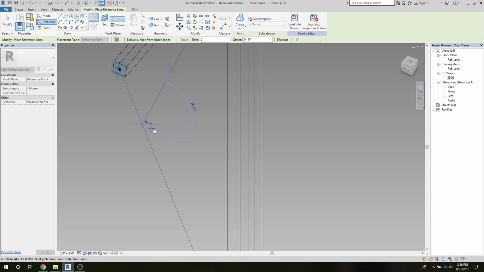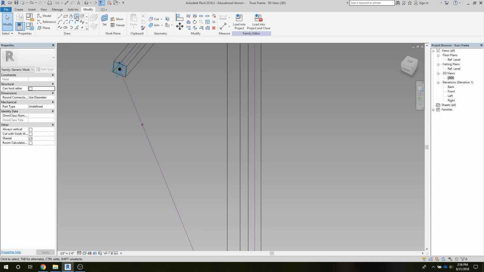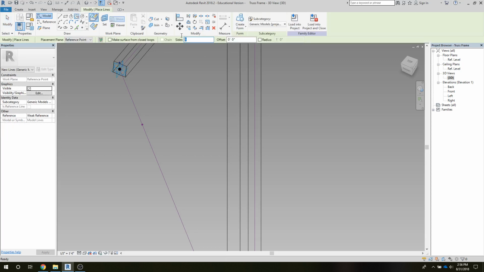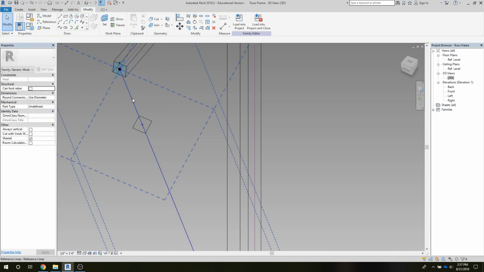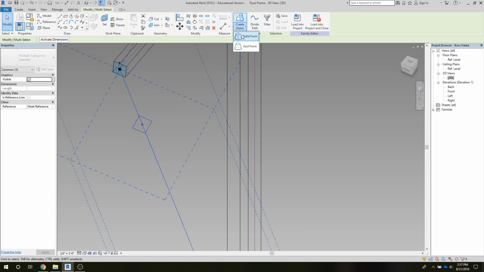I guess these were 3-inch. Oops, we're back to 6 point. I rebooted the computer. That's what was going on. It lost that value. Sorry. I'm going to change the sides to 4. And we'll grab just that one reference line and the square, create the form,